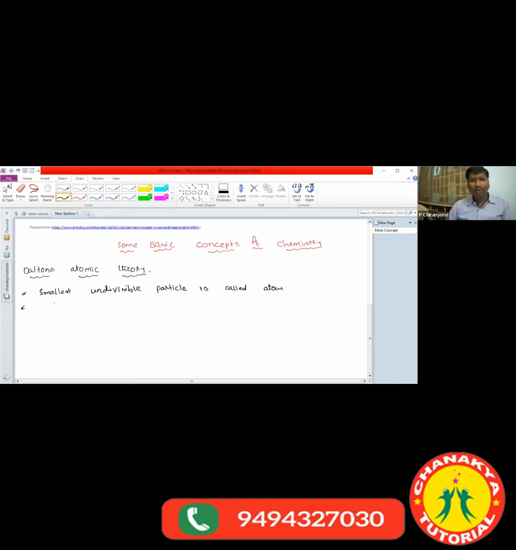Actually it is a basic concept. Based on this, what is meant by atomic mass and what is meant by molecular mass, everything we are going to discuss here. So first of all, what is meant by the atomic theory? The first atomic theory was proposed by John Dalton. According to John Dalton, what is meant by the